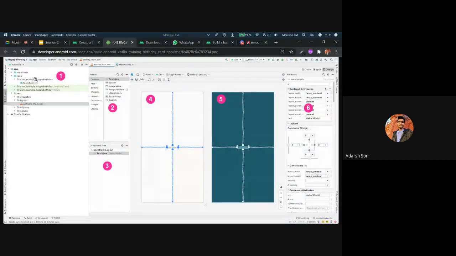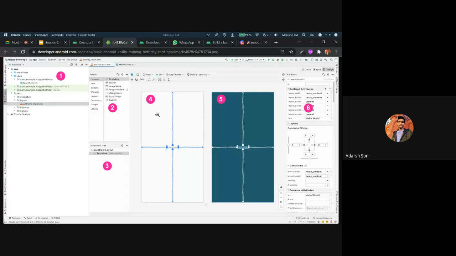On the left, the first part is the project window, which you have seen before. It lists all the files that make up your project. At the center, the fourth and fifth parts represent the screen layout for your app. The fourth is close to what your screen will look like when the app runs. It's called the design view.